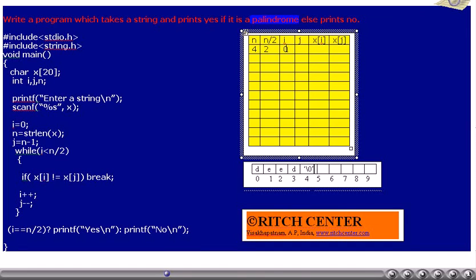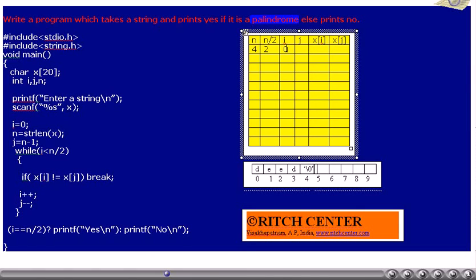Let us consider that the user has entered the string "did". Now we want to simulate how this while loop works with this string. The string length n is 4, so n by 2 becomes 2.